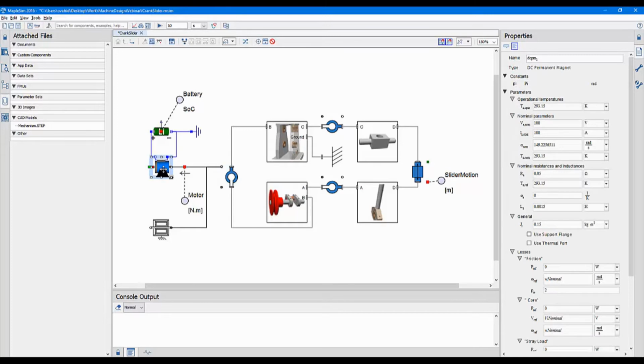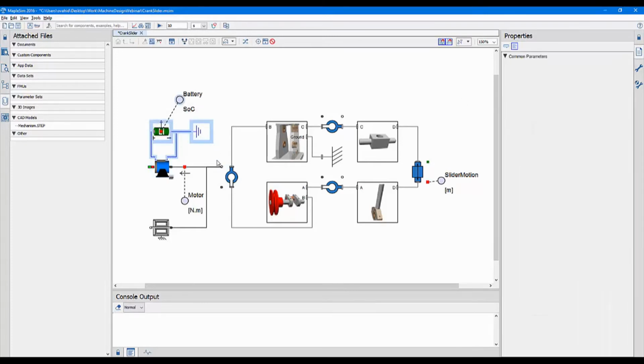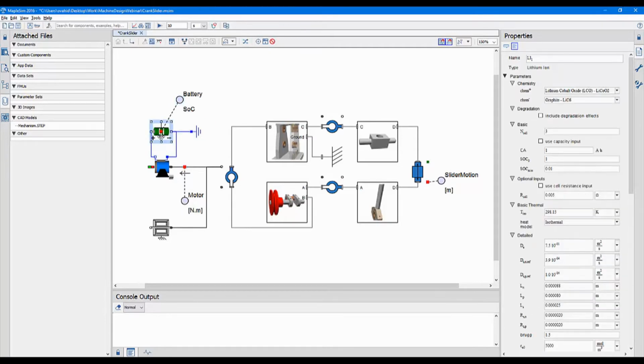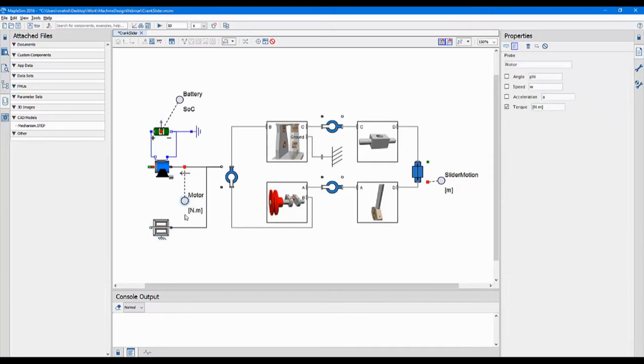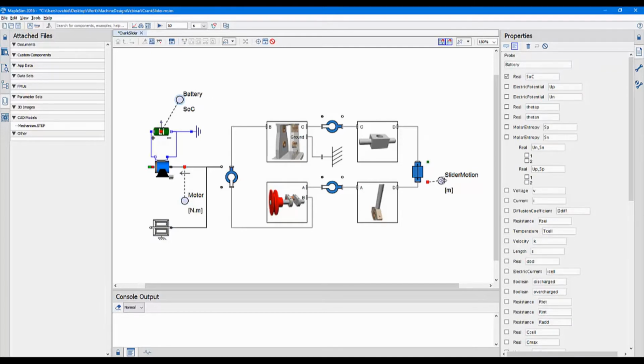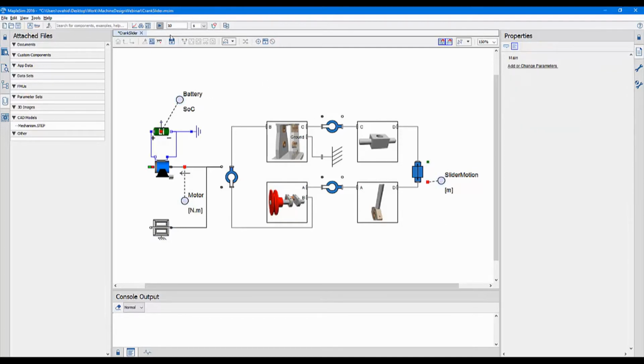We expand that model by including a DC permanent magnet motor and energize that motor by a lithium-ion battery. We are also including friction in the joint because, as an example here, we know the friction for that particular joint. I want to know the effect of it on, for example, how fast the battery is depleted, providing a certain motion. So again, running the simulation will